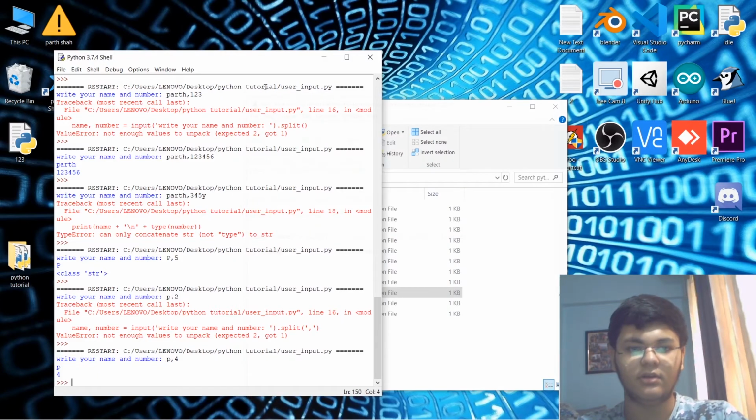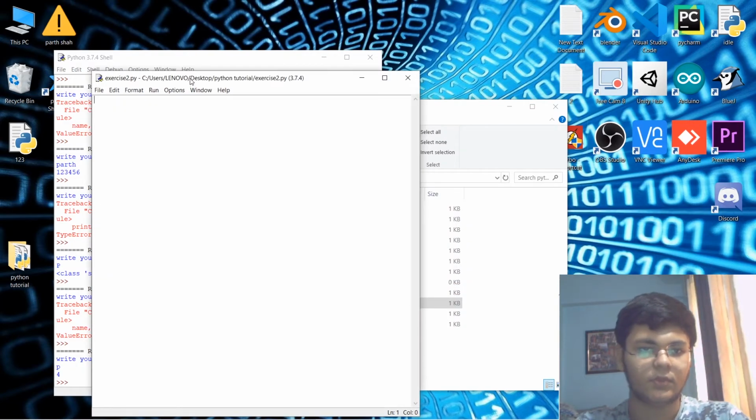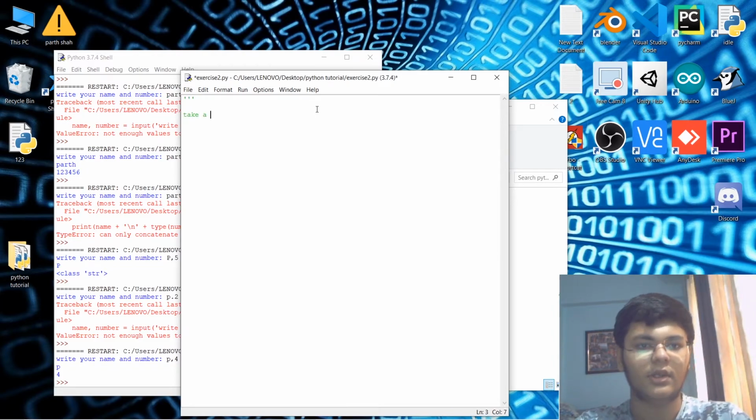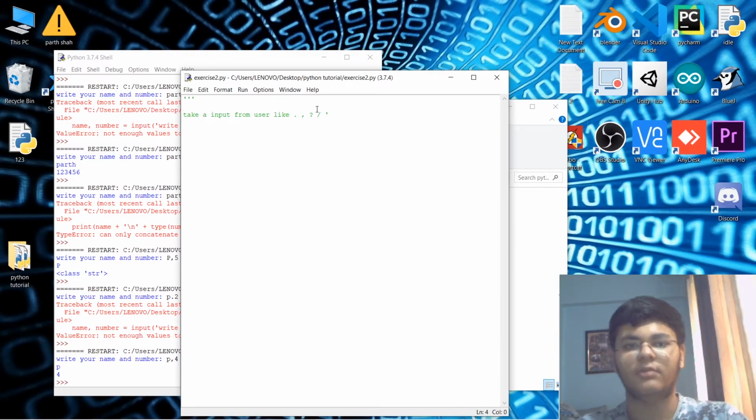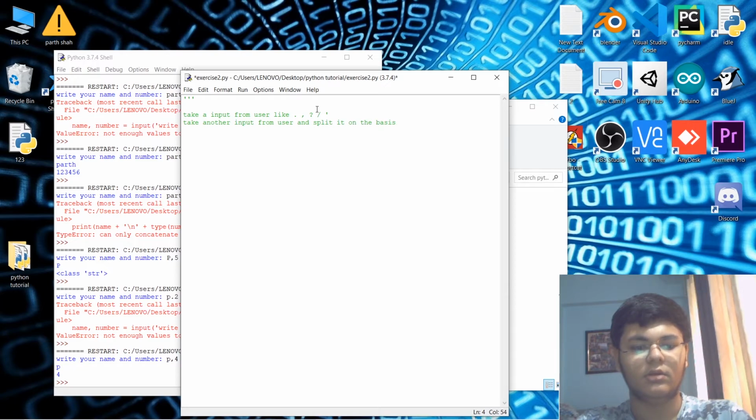I would like to give you a quick exercise over here, just a simple one. Okay, so now the question is that: take an input from user. So take a small input like full stop, comma, question mark, slash, a single character. That's basically up to the user, but take an input from the user. Take another input from user and split it on the basis of the previous input,